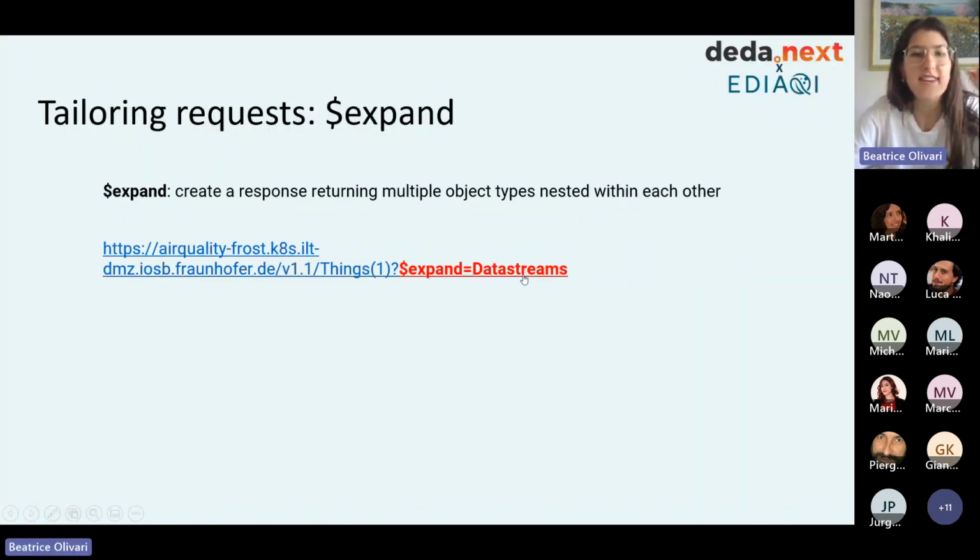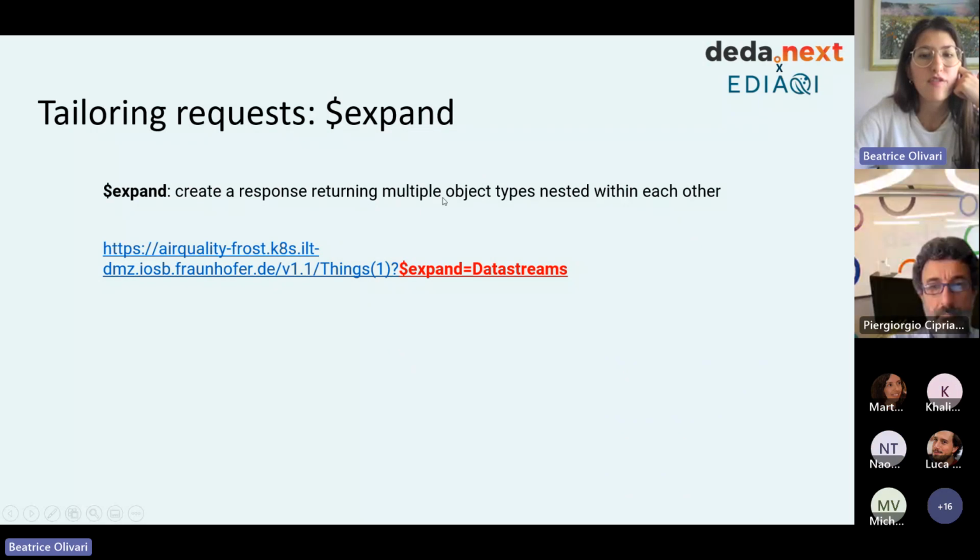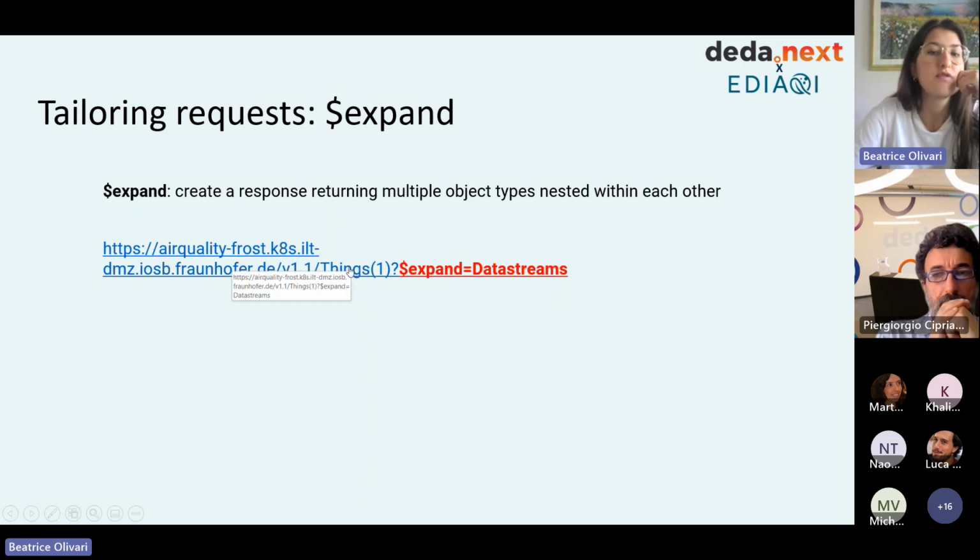And finally, this time really finally, we can expand. So basically, for instance here, if we want to navigate through multiple objects, we want the thing with ID 1, but we want all the data streams that are related to thing 1.